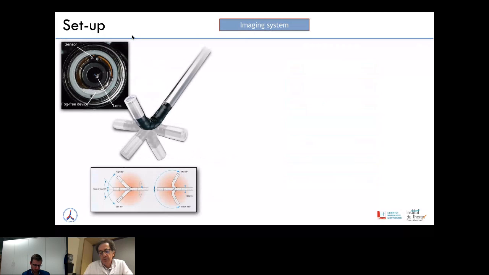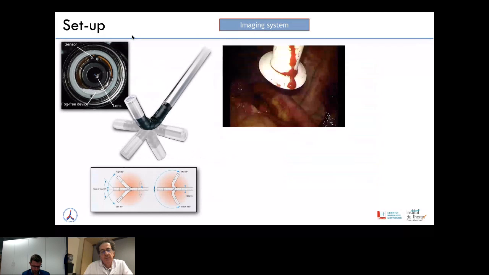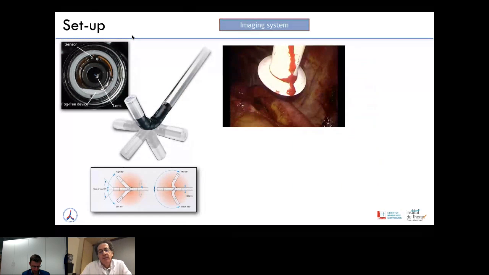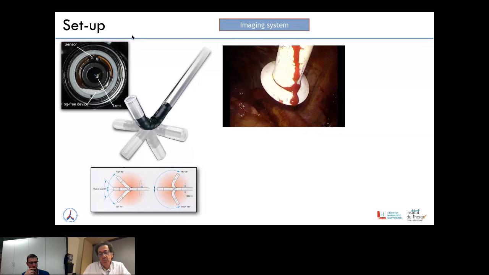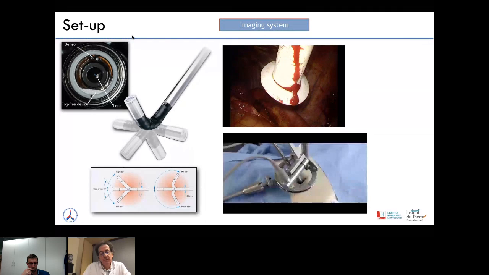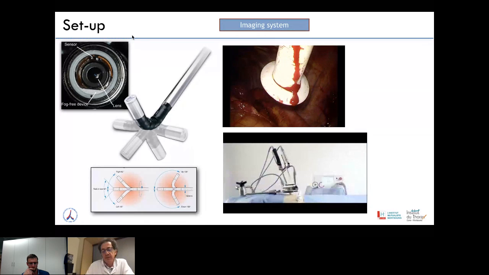As this procedure can last rather long, we use a very basic trocar, extremely simple, that deflects the blood very efficiently. I show you this because with these 2 devices, you can operate during 3 hours without removing the endoscope. And as the scope holder, we use either a mechanical scope holder or this robotized scope positioner.